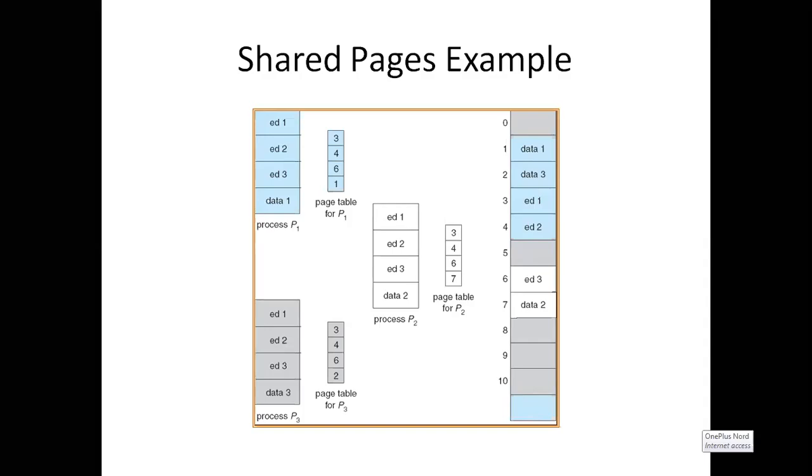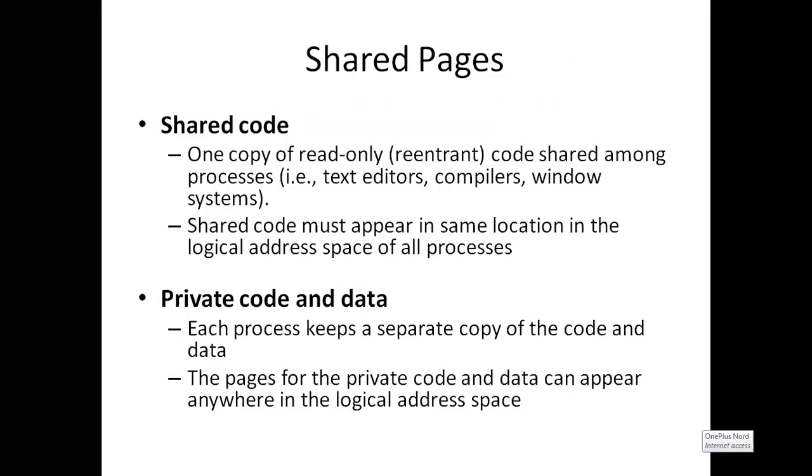So we cannot write the information. They are only read-only. Read-only means we can just read. The process cannot write the information. Such codes are called read-only codes. We cannot write. We cannot modify them. We can just use them. We can read them only. We cannot make changes. They are called read-only pages. So shared code must appear in the same location in the logical address space of all processes.